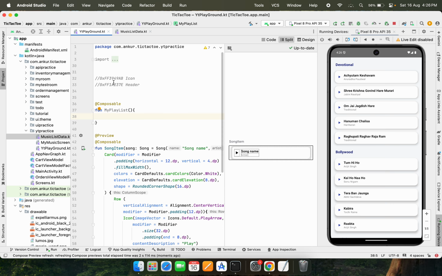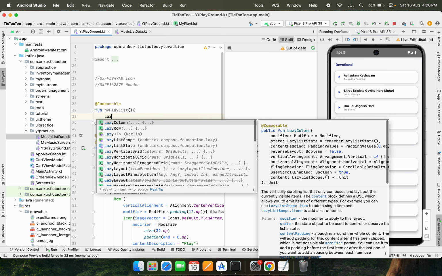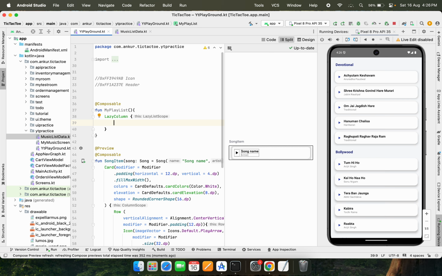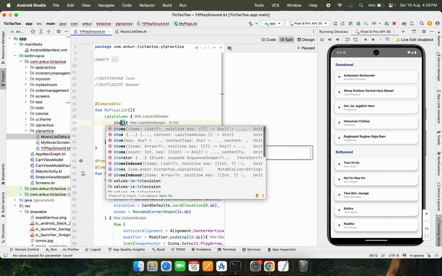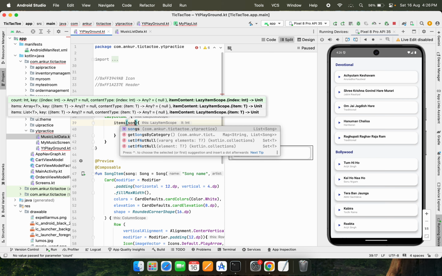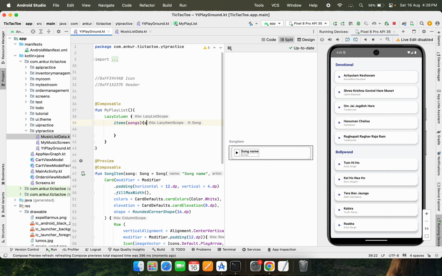Okay, so we just use a lazy column and it has a property called items. Into the items, make sure that when we select the item, it's a list, otherwise it can show some error. So just use the songs